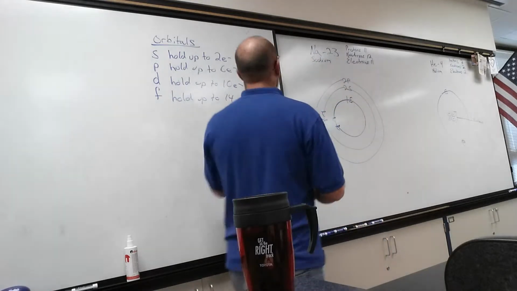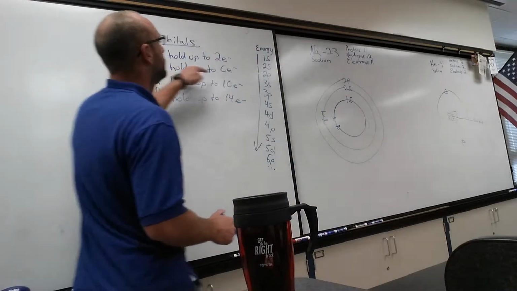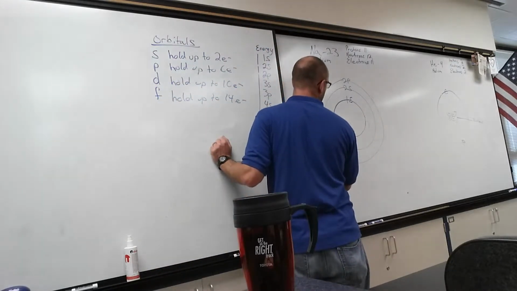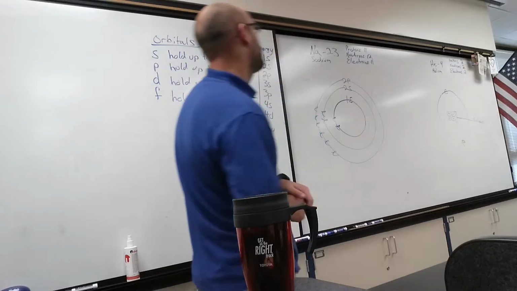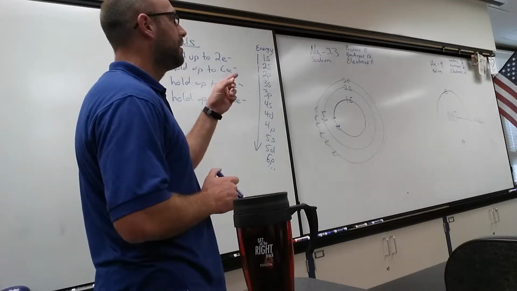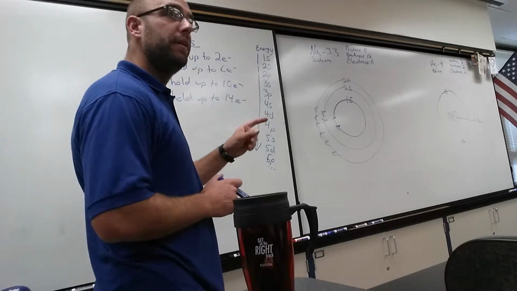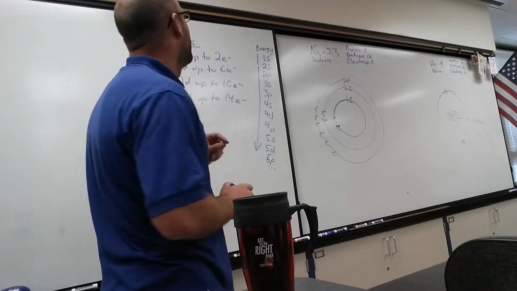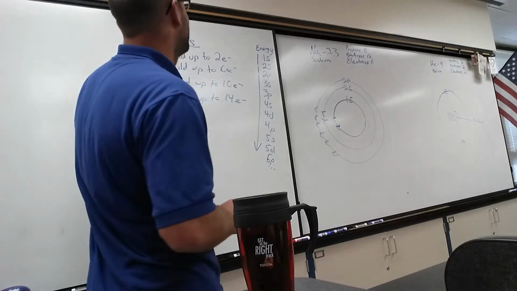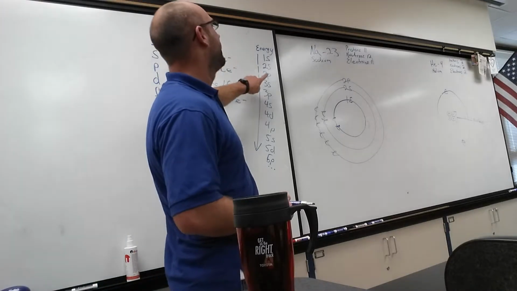2p. And how many can a p hold? Up to 6. 1, 2, 3, 4, 5, and 6. How many electrons do I have total now? 10. How many more do I need? 1. Need 1 more. 11 minus 10 is 1, not 2. Got it. All right, so 1s, 2s, 2p,